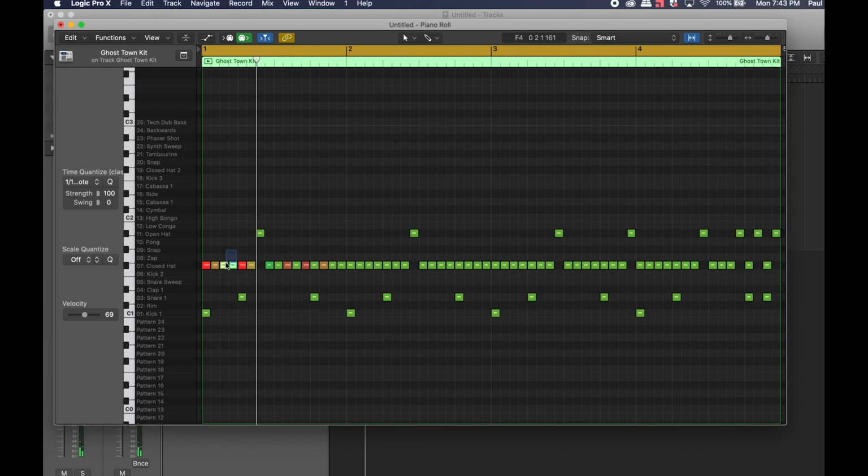And if I just grab this now, I can copy this. If I put the cursor here, I can paste. Okay, paste, paste, paste, but then I'm going to delete that last note. So listen to how this sounds. So it's giving you a little bit of variation, right, in those drums